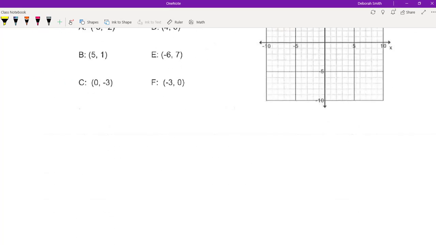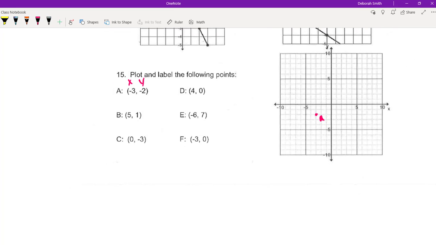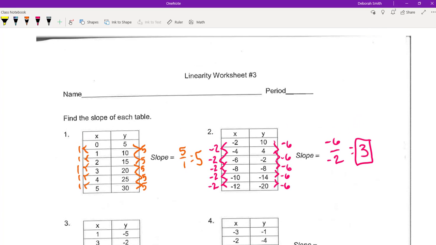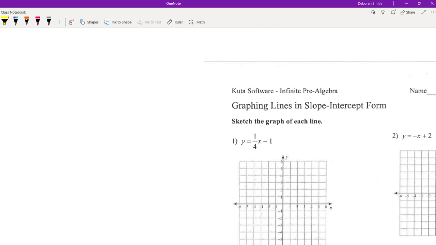And then this one really doesn't fit with the slope that we're practicing here. But we plot the x, -3, and then -2. And we're going to label that point A. And then it has 5 more points there for you to graph and label. And that's all this one is asking you to do. So I've given you a couple of examples there to help you get the rest of it done. So then the next one,